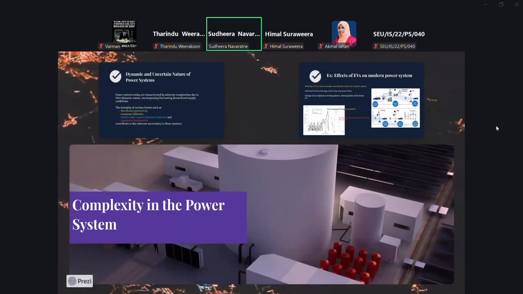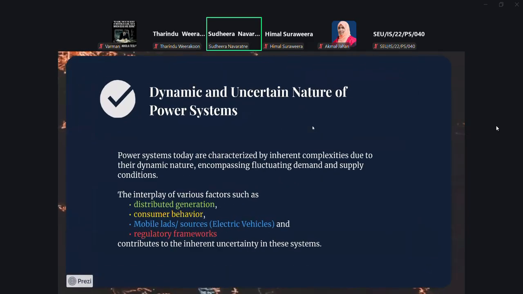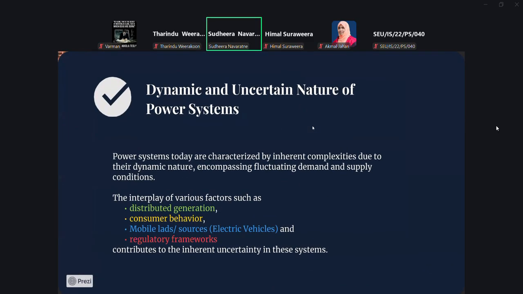If you look at the complexity of the power system, it is becoming more and more complex. In the good old days, the power system was not that complex because you had the generation in selected locations, right?